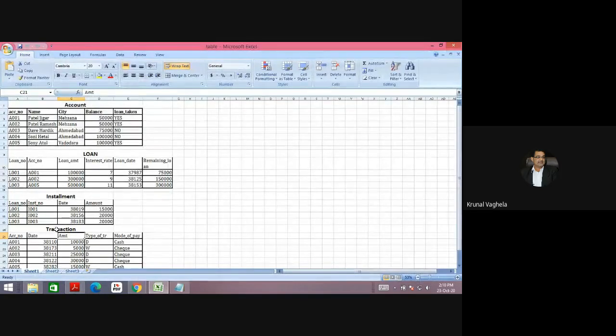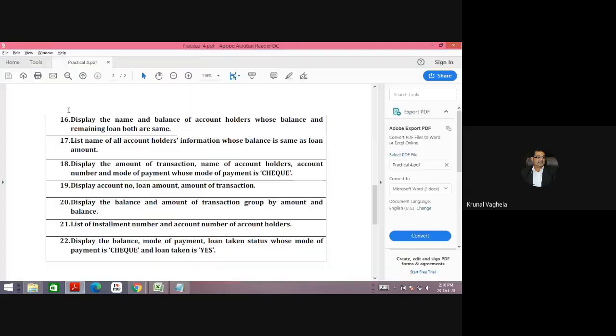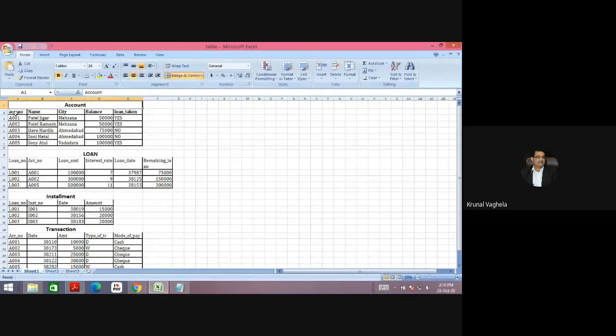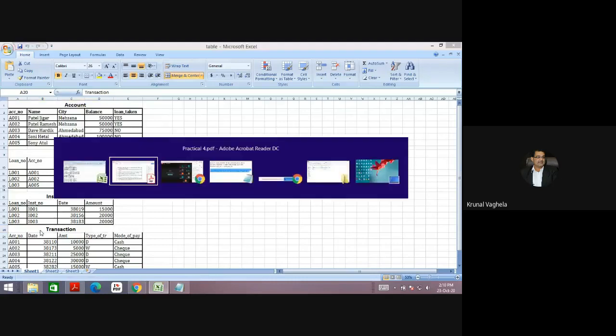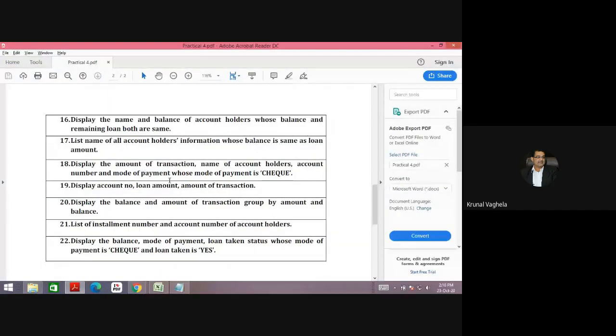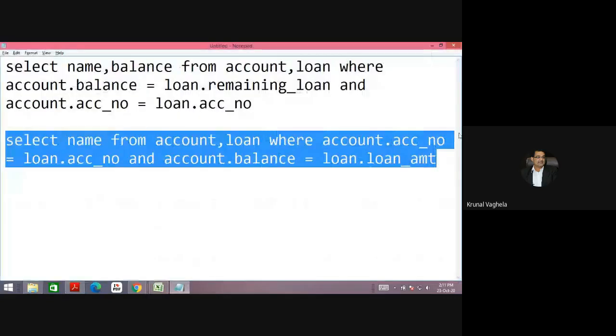So I want amount from transaction, name from account, account number and mode of payment. Account number here or here, and mode of payment. So I need two tables, account and transaction. Mode of payment is cheque. So I will write my query.